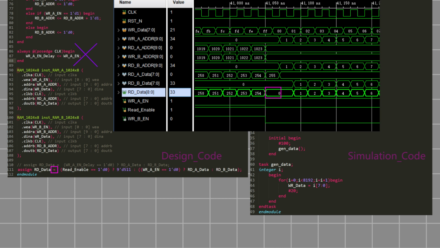So, read data will return the value of read B data address 0, namely 0. And the next clock period, it will still return the value of read A data address 0, namely 0. We found that read A data address 1023 value cannot be returned due to write A enable being early set